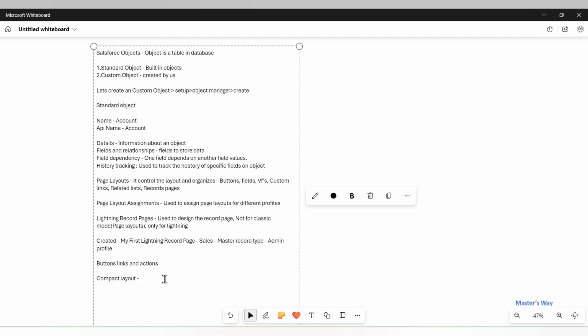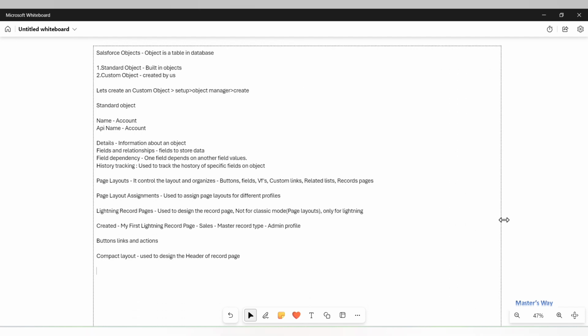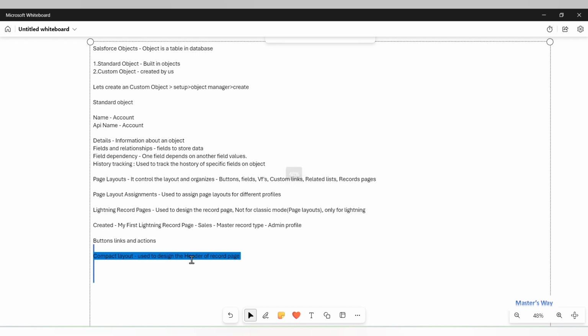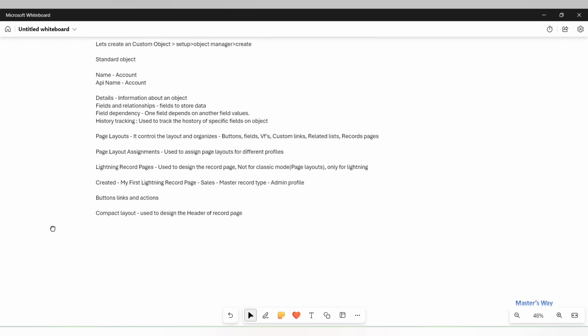Compact layout is used to design the header. Okay, done. Next,